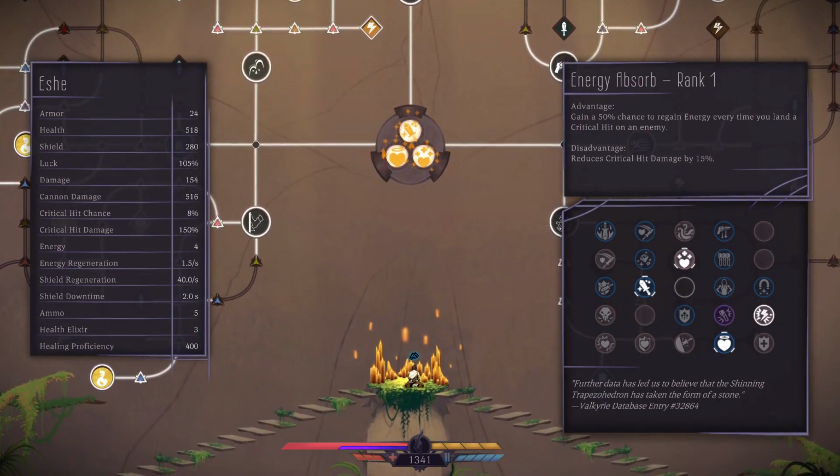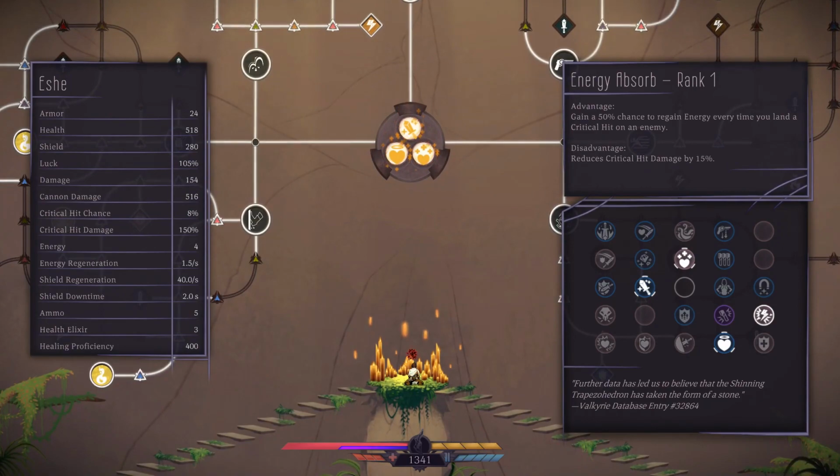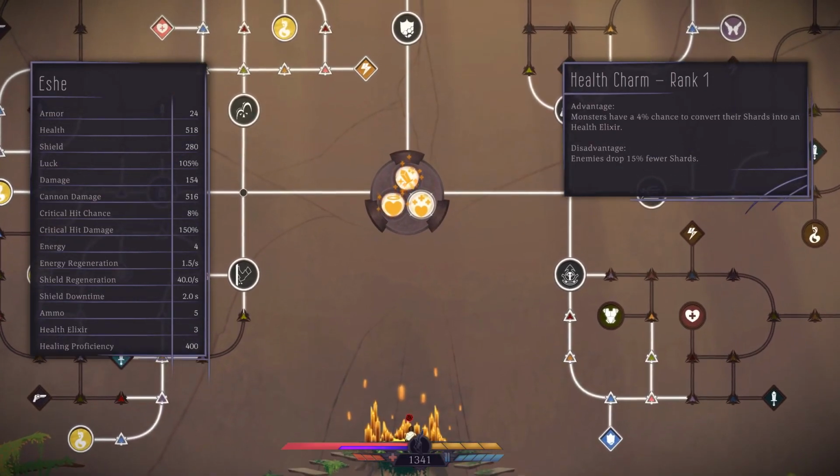A 50% chance to regain energy every time I land a critical hit. But it reduces critical hit damage. That's not bad. If I had a higher critical chance, that would definitely be worth going for. As it is...